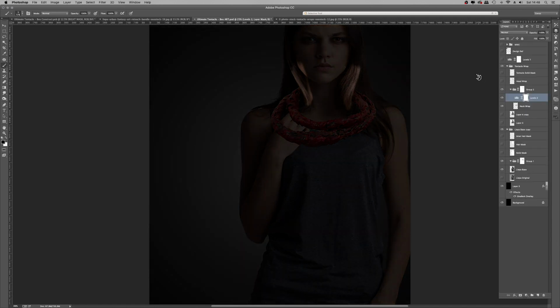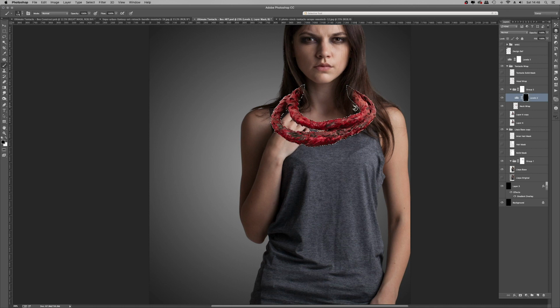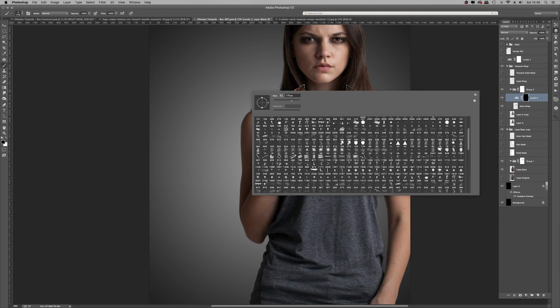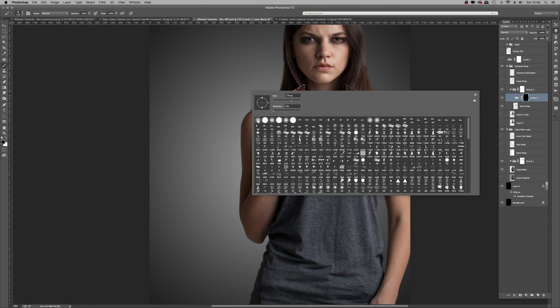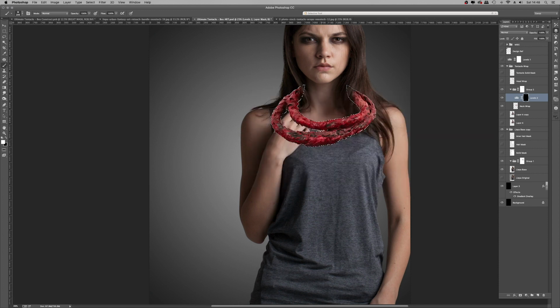Okay, I think we may have some shadow action going on here. So selection created for the tentacle, Command click on the layer icon, Control click if you're on Windows. Good old classic soft edge brush here. So the selection is loaded. You can see the marching ants going around the tentacle, and with that levels adjustment layer, with a soft edge brush, just painting in with white. White is visible and black is non-visible. So using a white soft edge brush, just painting in the shadows.